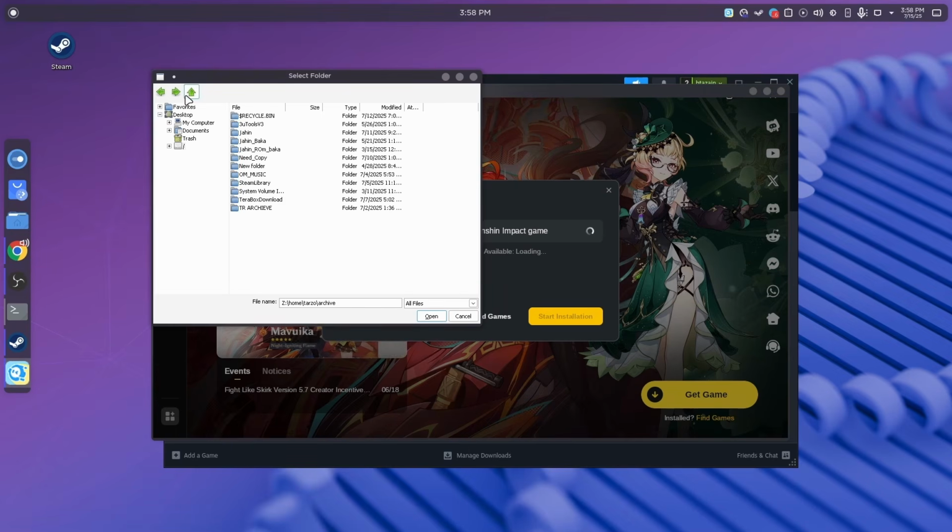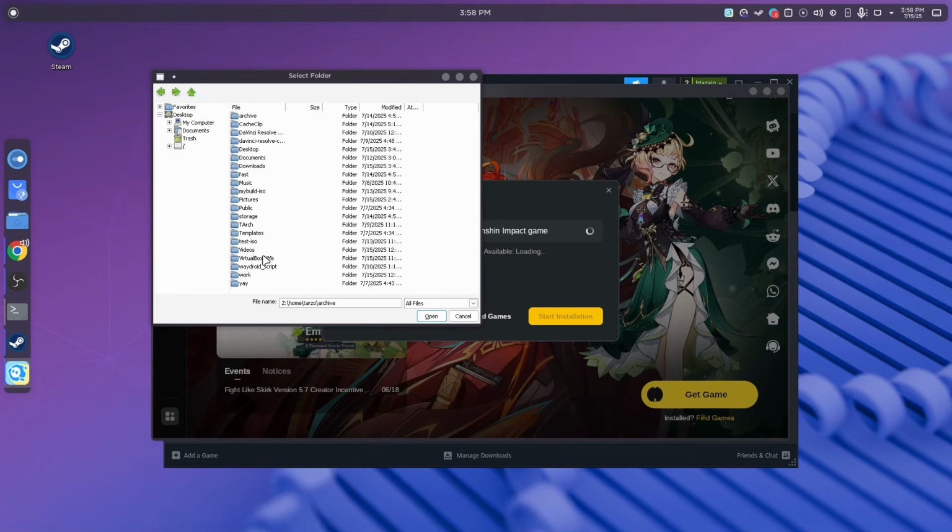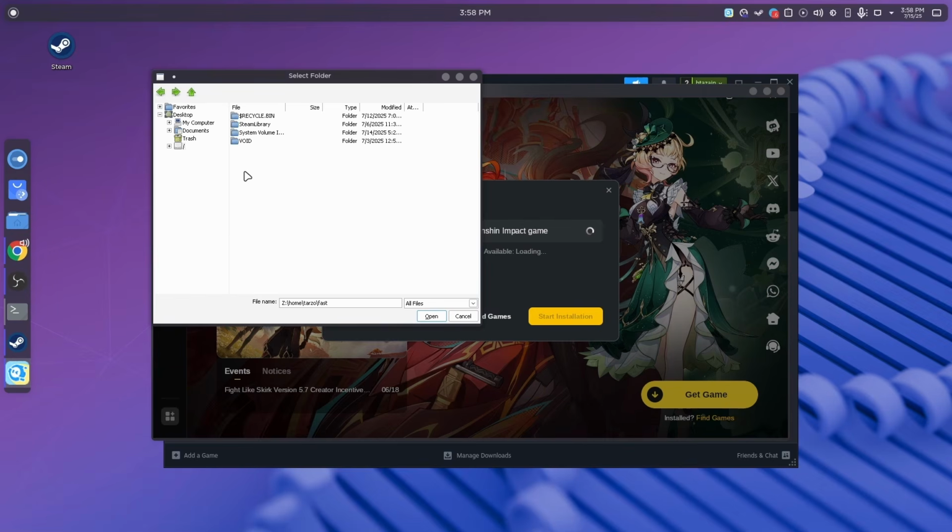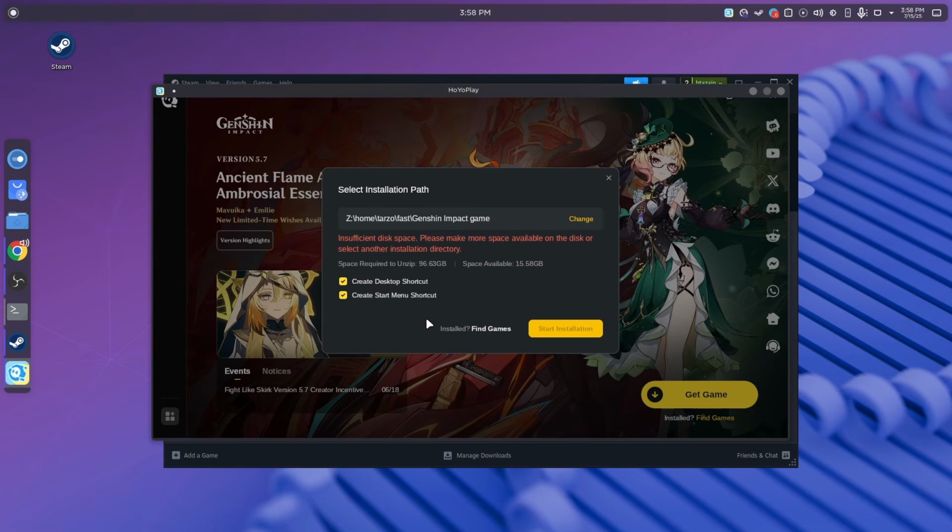I'll probably just make a separate short or something for that, just to give you guys a bit more context. But anyway, just find where you want to install the game. If you don't do this, it will be defaulted to the default directory. And it's a bit, I would say, funky when you do it on the same directory. But anyway, just get a directory, paste it in, do OK, and it will pick that directory